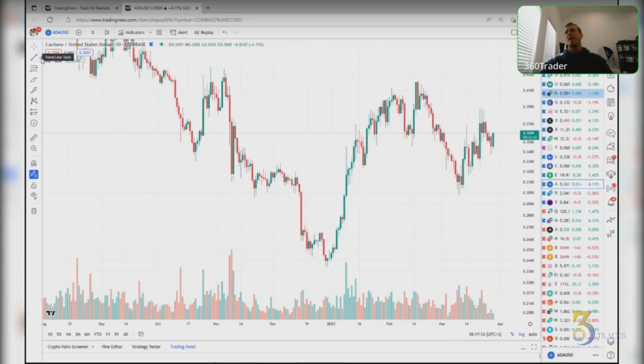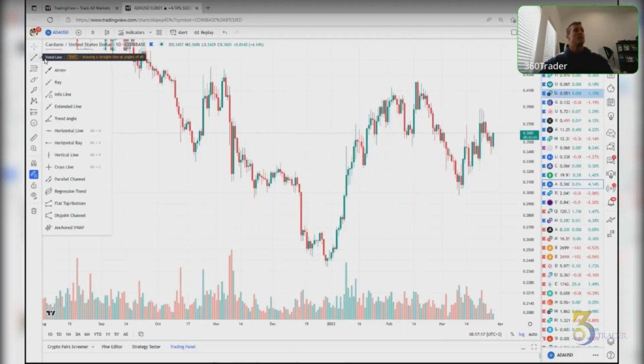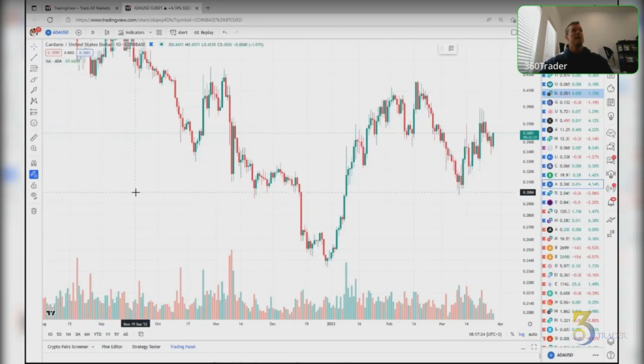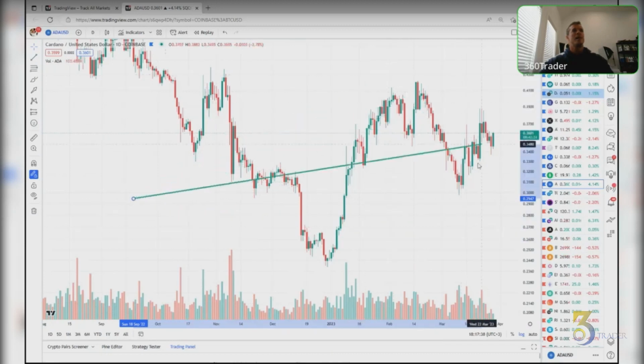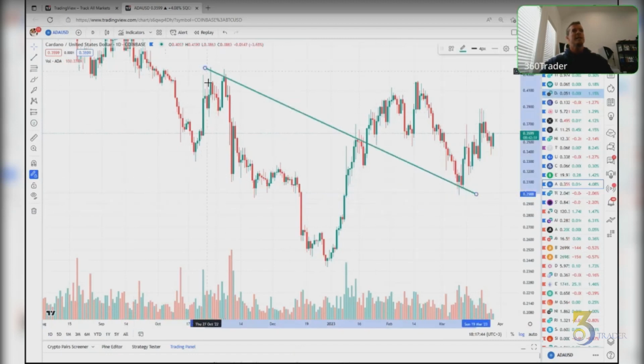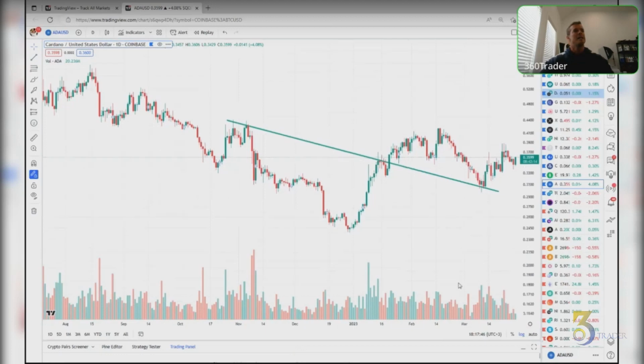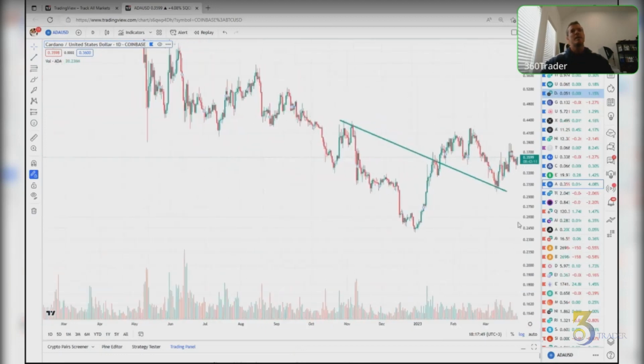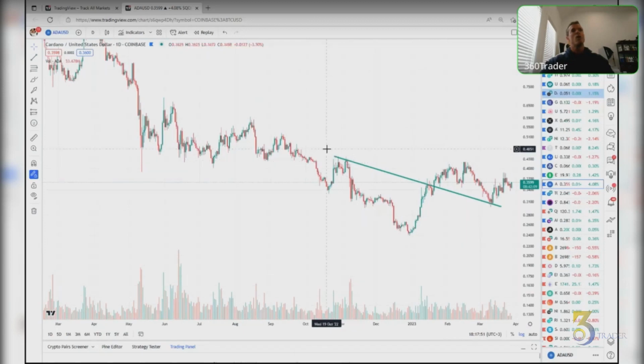This is one I use all the time because I draw my own lines. And that's this tool right here. So the first one is trend line, and it's freehand. You just click on it, then you left click, and then you can just draw it. Once you have it drawn, you left click again, it releases it. Now, I can move that wherever I want. Then grab this side, I can shorten it. It's basically just manipulating and moving that all over. And you can expand it, enlarge it. And like I said, I do all my own artwork.